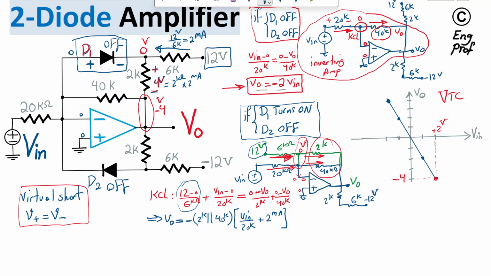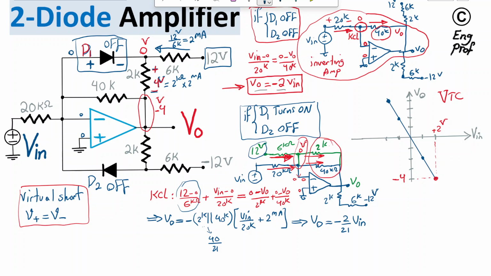Okay, so as my last attempt here, when I simplify everything, you can see that 2K in parallel with 40K becomes 2 times 40 divided by 2 plus 40, which is 42. And then we divide by 20K here. So all I'm saying is on this side we will have 40 divided by 21, and then we end up with V out equal to negative 2 over 21 times Vn,